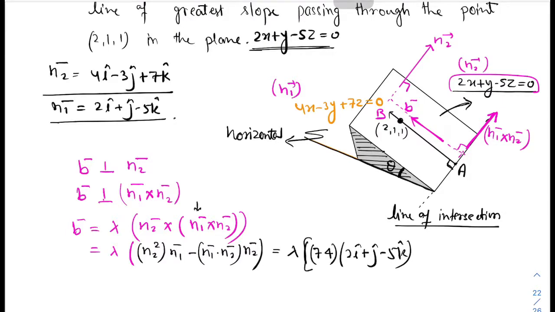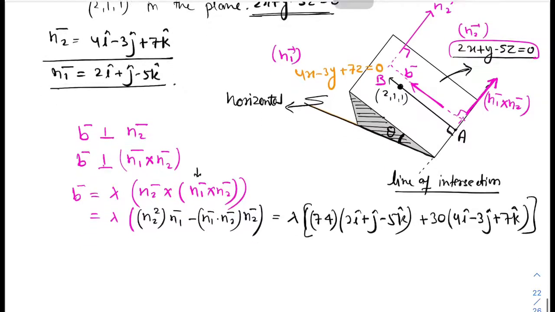Okay, minus what is n1 dot n2, 8 minus 3 is 5, 5 minus 35 is minus 30, so it will be plus 30, and n2 is 4i minus 3j plus 7k. Okay, so this comes out to be